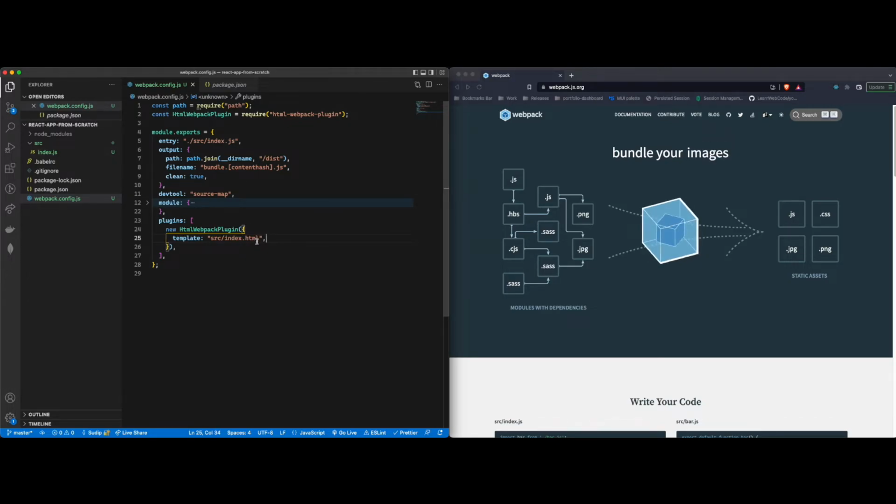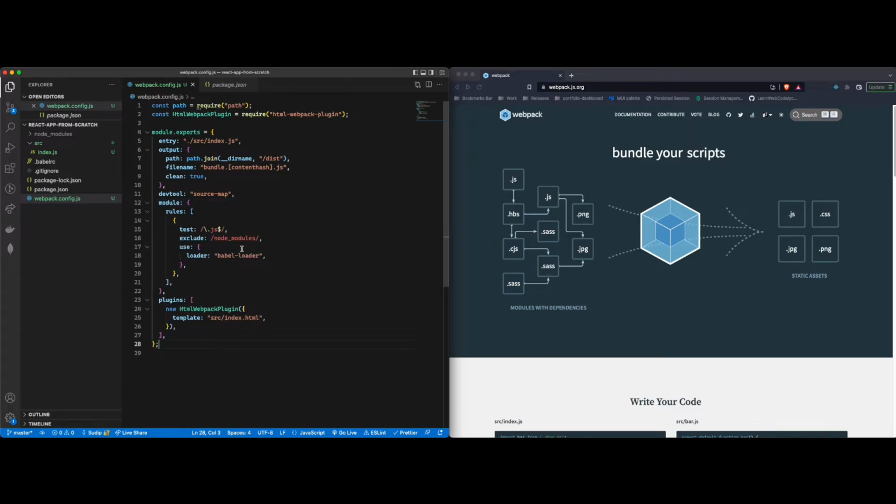So that way Webpack knows, all right, I'm going to have to do some magic within the index.html file, but I can't create my own. Rather, I will have to use this template. Since we specified this template, now let's go ahead and create that index.html file. Since we specified it will be underneath the source directory, I'm going to go to source, and here I'm going to create a file called index.html,